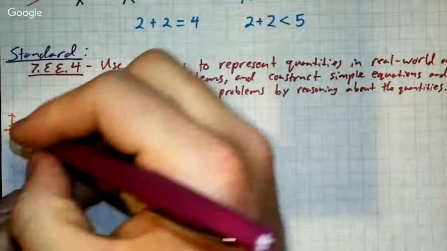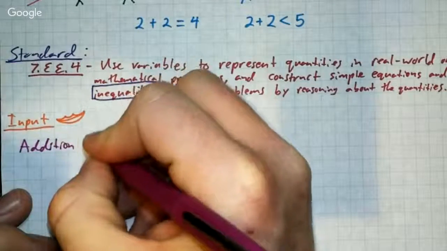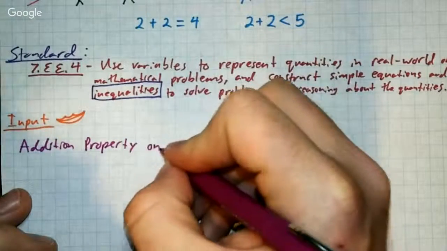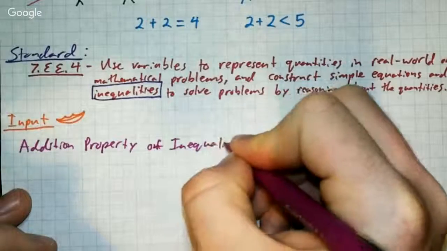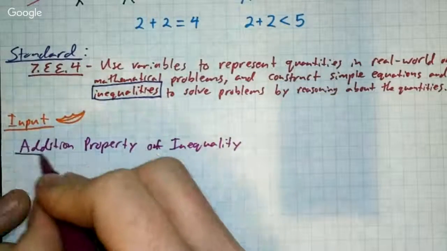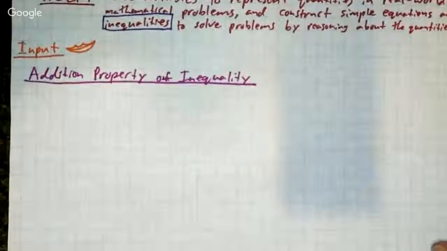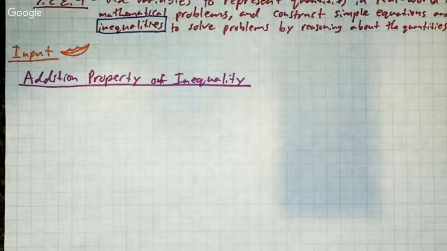So the first one we're going to do is the addition property of inequality. Now, it seems big and fancy, but what it says is very basic. The addition property of inequality states